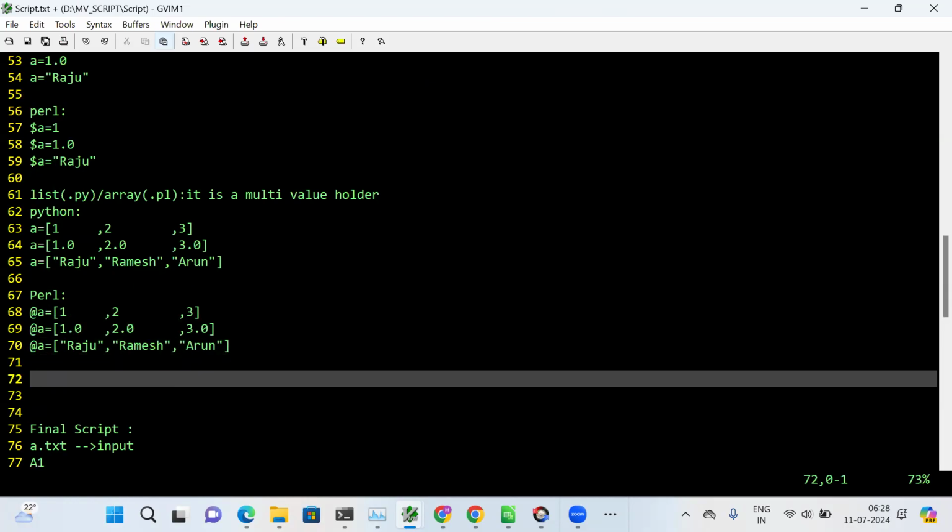Now, the at symbol will come in Perl. Clear? In the beginning, at symbol will come. Next,